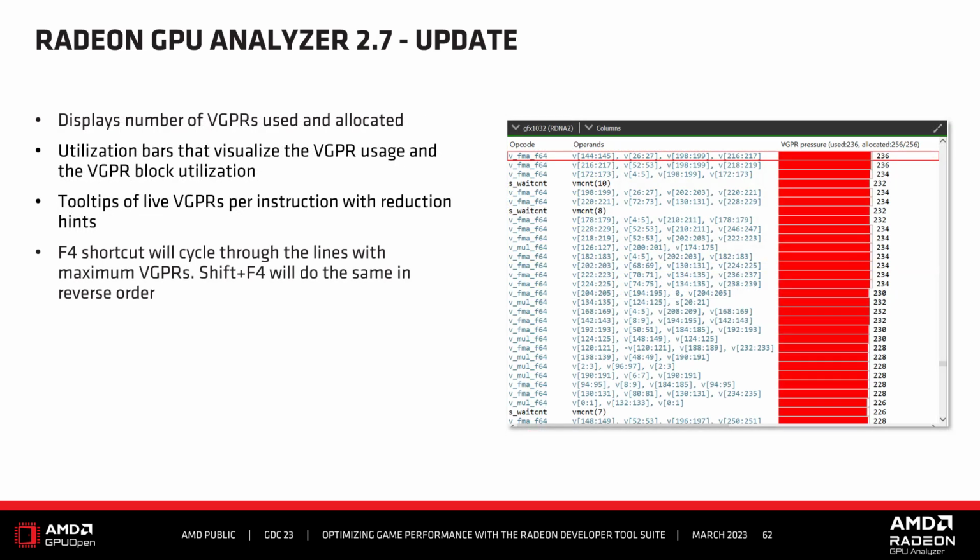When dealing with shaders that have thousands of instructions, it can be hard to identify what matters, the hottest points in the shaders in terms of VGPR pressure. With RGA 2.7, you can jump to the hottest areas in the shader with one click. Since it can happen that multiple areas in the shader will have identical maximum pressure, the tool also allows you to iterate forward and backward through the disassembly lines with most pressure.